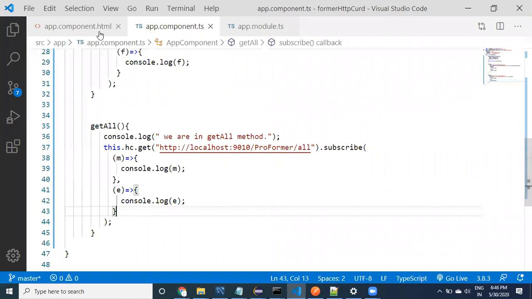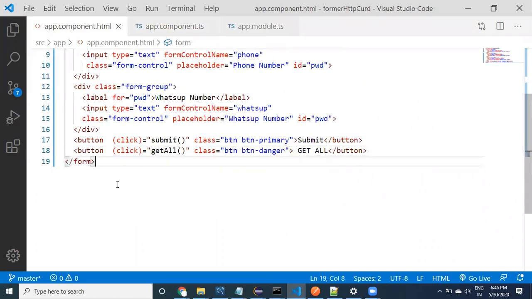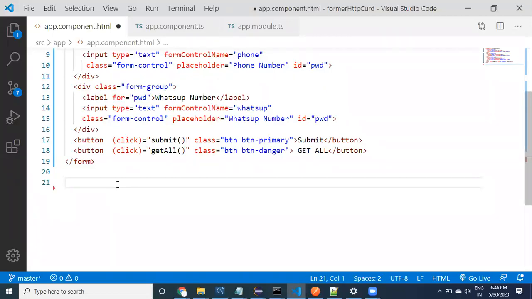Okay, yeah, you go to the HTML. After the form, I would like to display the data. What kind of data do I want to display? I want to display farmers' information. First of all, I'm going to display raw data. How the data is coming from the backend, I would like to display that data as is. I don't want to make any changes.